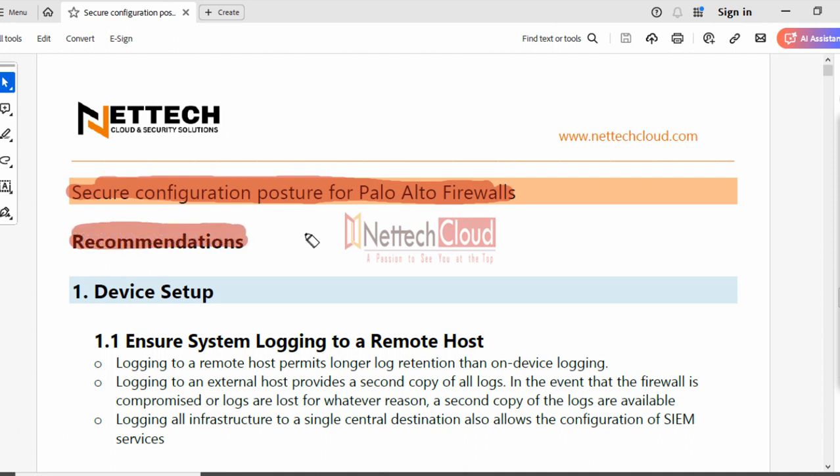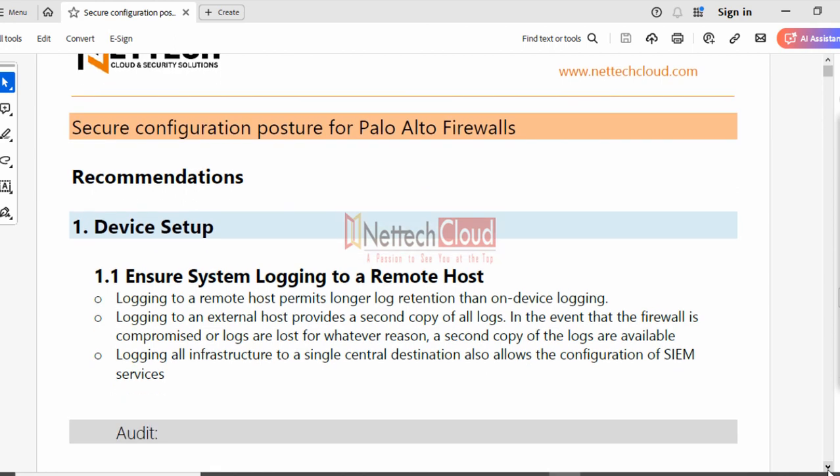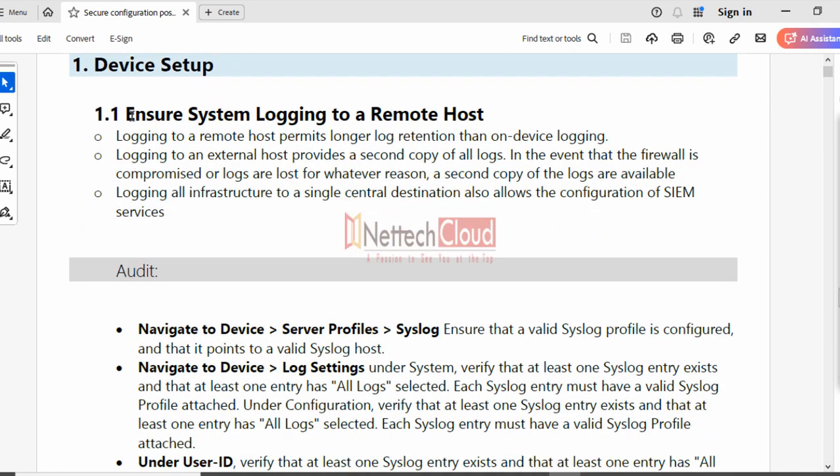So in this section, we are going to look at recommendations or best practices for secure configuration, right? So first I will start with device setup, and on the device setup, first option is ensure system logging to a remote host,